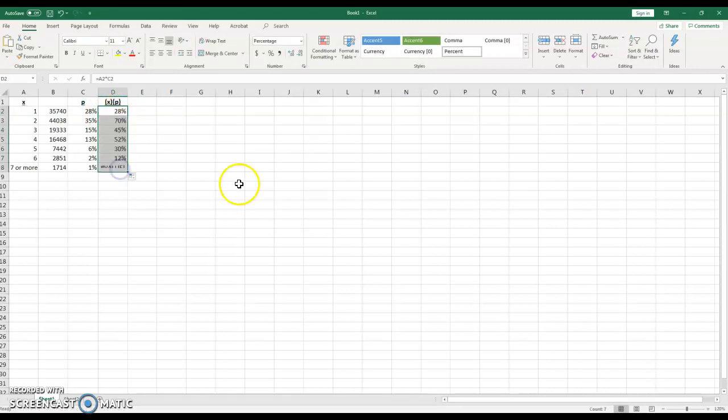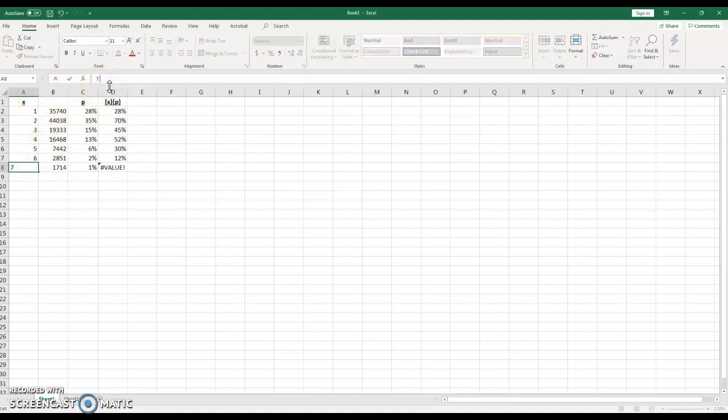Okay. Now you'll notice a problem here. For 7, I've got text in there, so I need to get rid of this text. I know it's 7 or more, so let me go ahead and use this. Once I've done that, all I need to do is sum these rows. So I'll go over here to auto sum, click on that, and I want D2 through D8. Good. I got